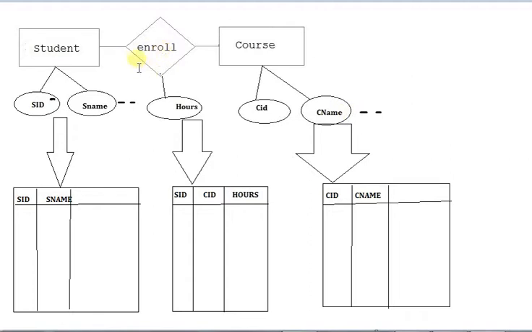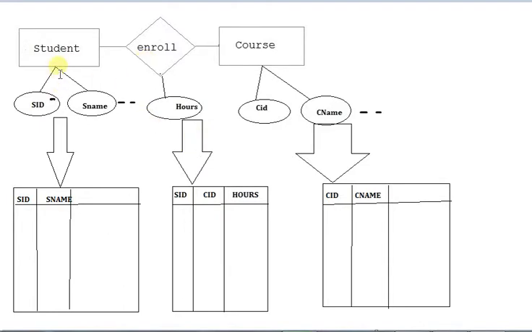Let's assume that the attribute for this relationship is hours, which describes the contact hours for a particular course in which some student is enrolled. Let us assume that the relationship between the student and course entity sets is many-to-one, that is, many students can enroll into the same course.